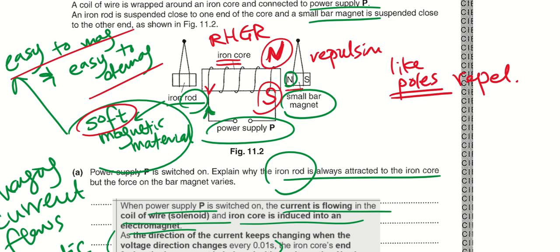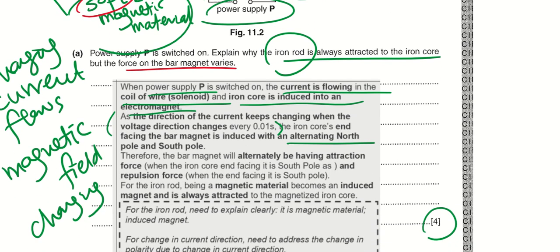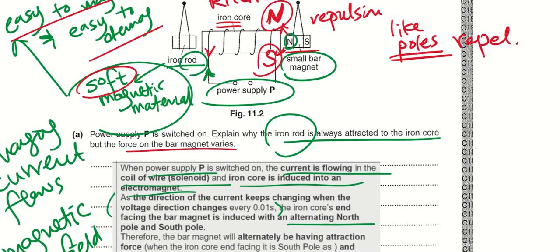Therefore, this small bar magnet will be looking at north for 0.01 seconds, then the next 0.01 seconds it will be looking at the south. So there will be attraction and repulsion. That is why the force on the bar magnet varies. There will be attraction, and then next there will be repulsion. For the iron rod, which is now this thing,